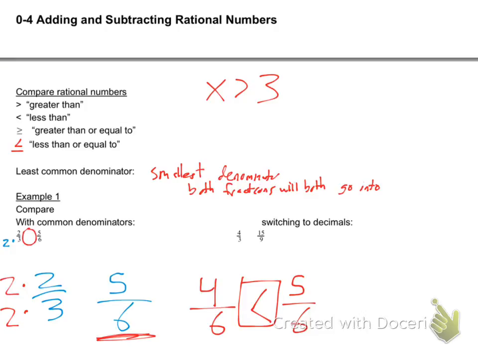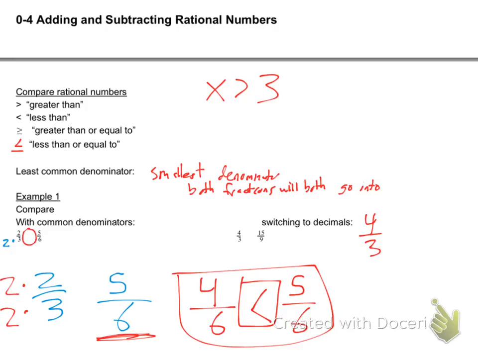Yes, it's a less than symbol. So therefore we have answered the first problem. Getting a common denominator, 6 happened to also be what we call the least common denominator. The next one, which I'll make a little bit larger here, is 4/3